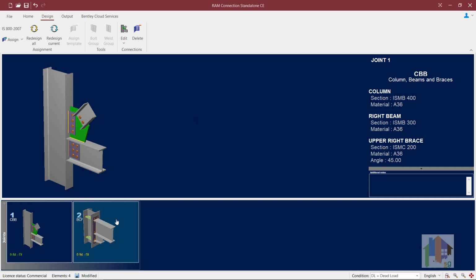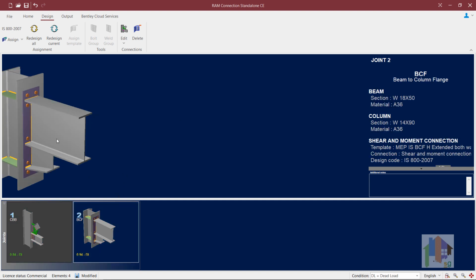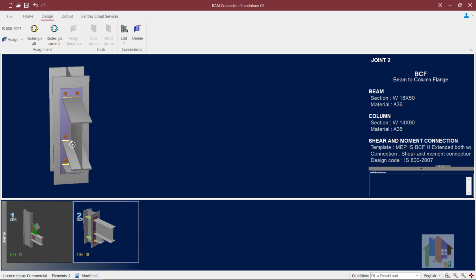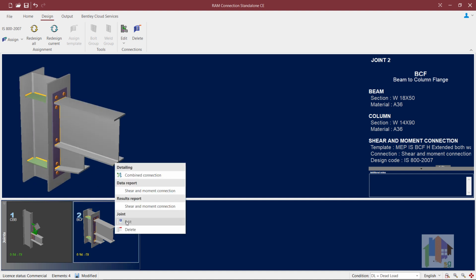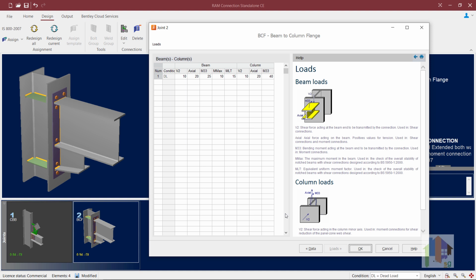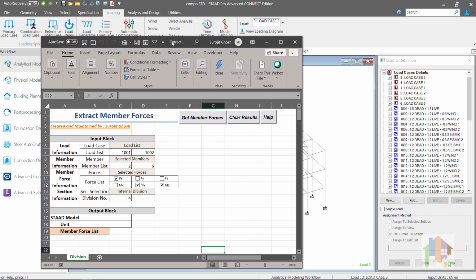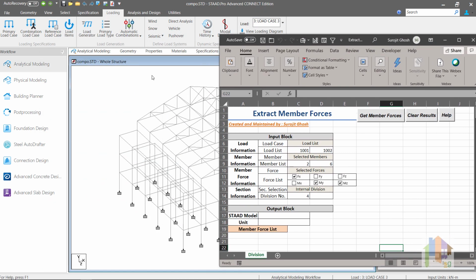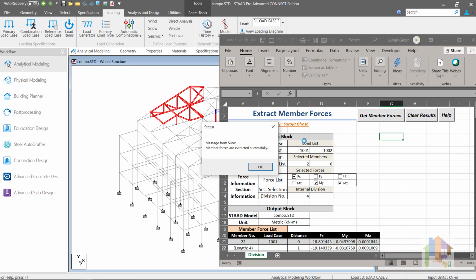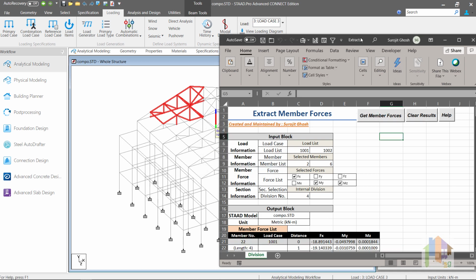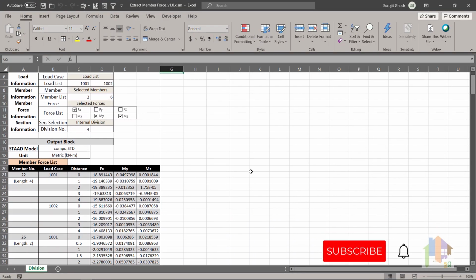If you want to design any member or steel connection using any application or custom template, the first thing you need is the member forces. Do you know you can extract the required member forces directly from your STAAD model using OpenSTAAD functions? Hi, my name is Surajit Ghosh, and in this video, I'll show you how you can filter and extract only the required analysis results from any STAAD model using a custom OpenSTAAD user tool.